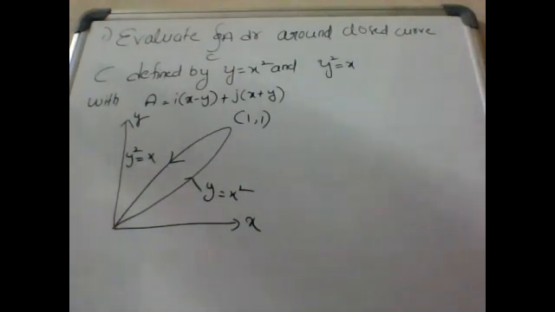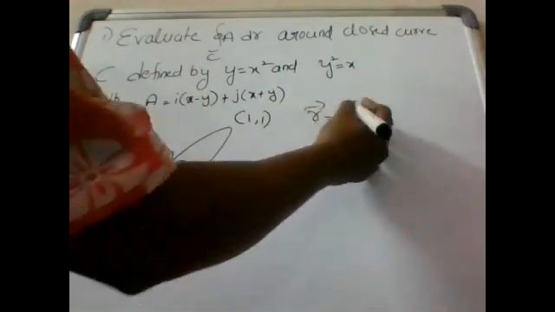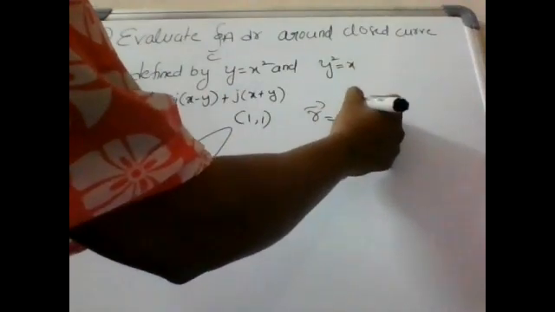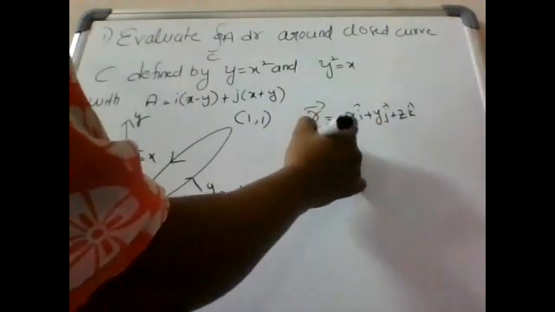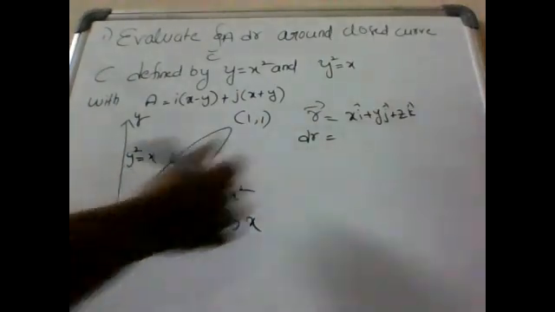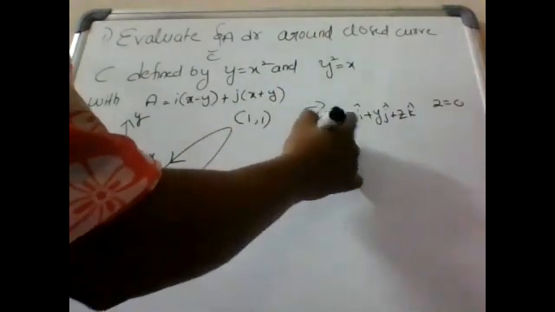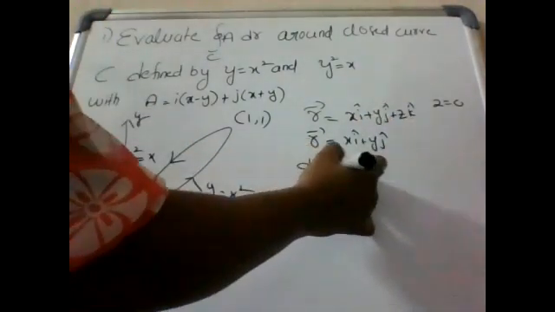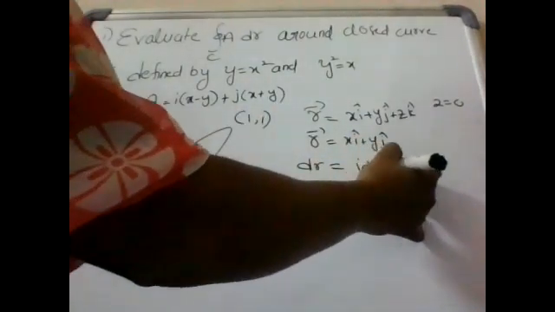In the solution, first we have to take r. Here we have A dot dr. So what is r bar? R bar is a position vector. In the solution, first we take r bar as the position vector xi plus yj plus zk. Here we have only the xy plane, that's why z equal to 0. We get only r bar equal to xi plus yj, so dr bar equal to i into dx plus j into dy.